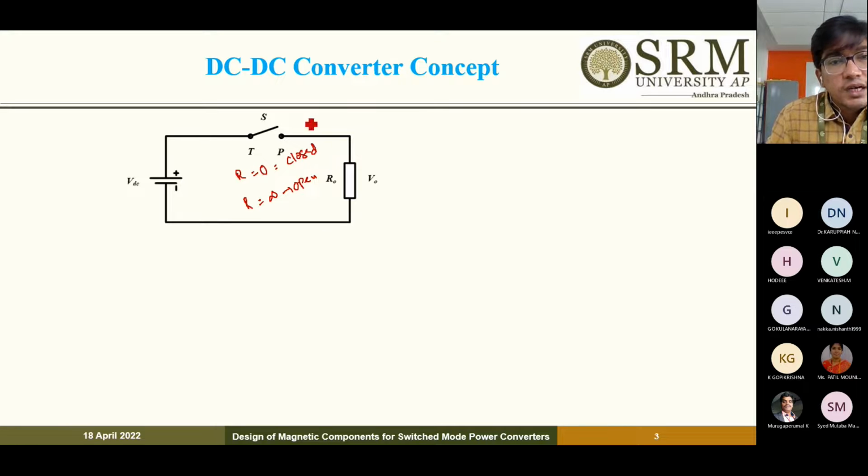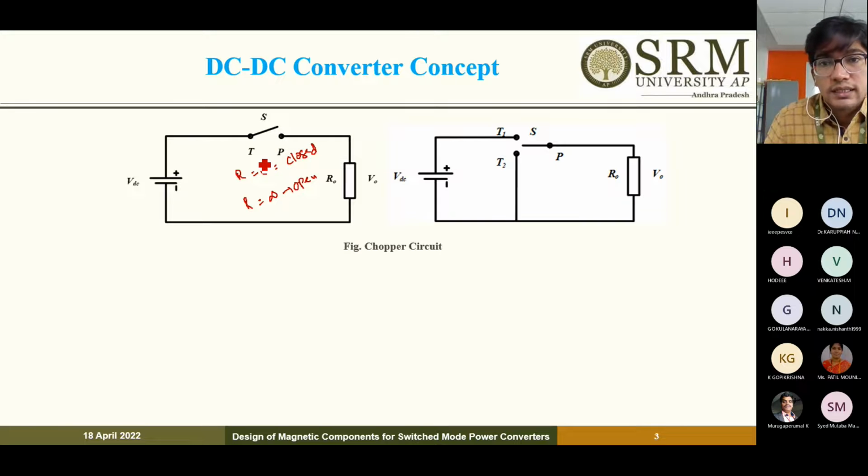So in this way, we can make the I squared R loss ideally 0. This is called the efficient way of converting DC-DC converters. We can also call them switched mode DC-DC converters, because here we are using the switching operation. By replacing this single pole single throw switch with a single pole double throw switch like this,